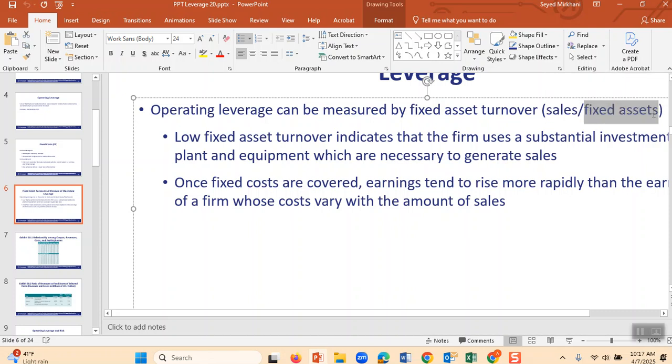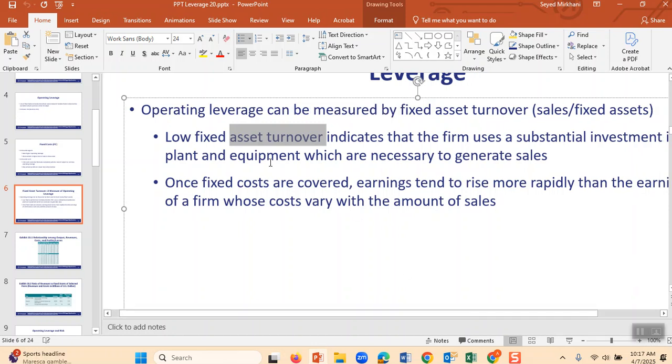Therefore, a low fixed asset turnover indicates the firm uses heavy investment in plant and equipment. If McDonald's has $1 million in assets and sells $1 million, you divide 1 million by 1 million and get 1. Therefore, the number is a low asset turnover.